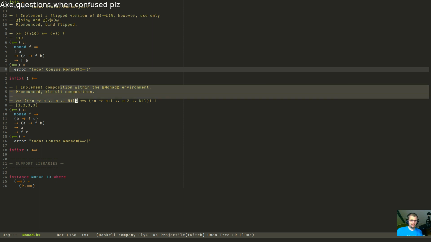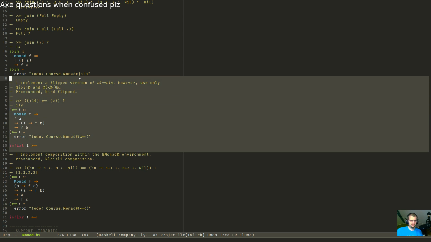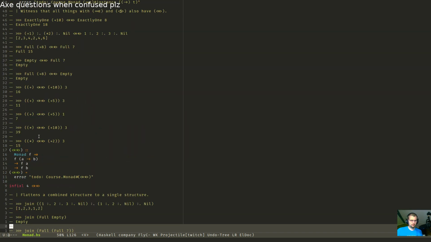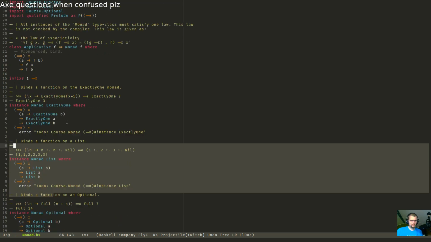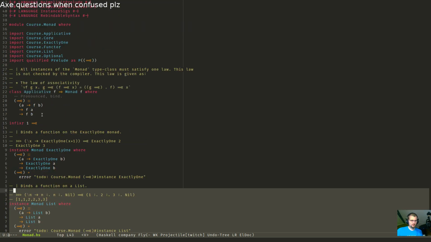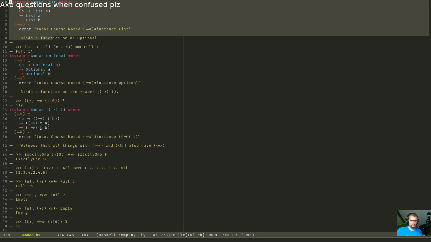Oh, this actually sounds like fun. We should do this one too. One time. Some monad stuff. Or function error.